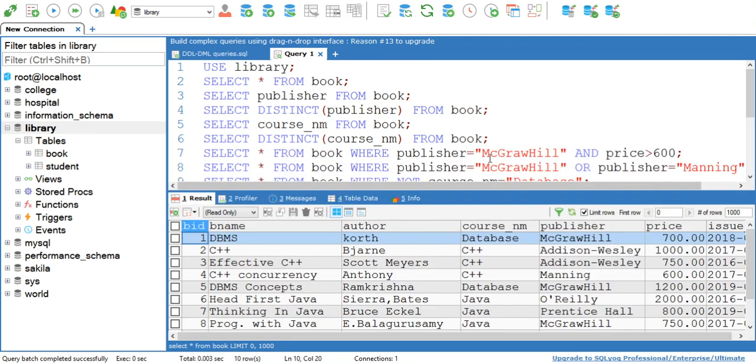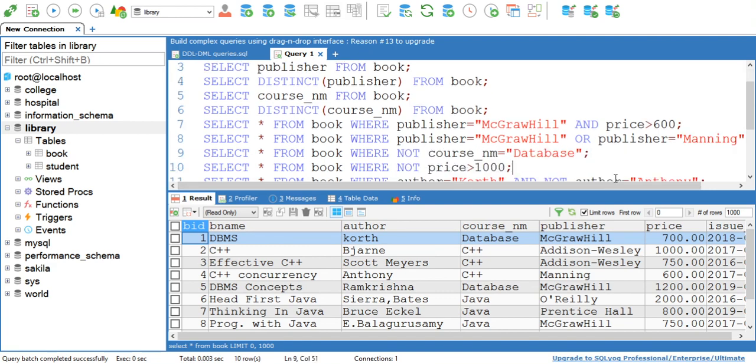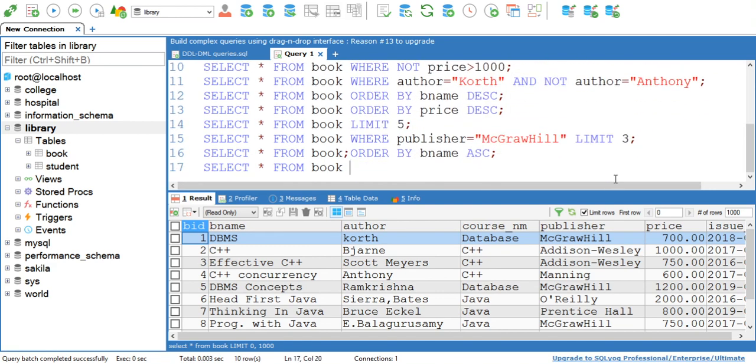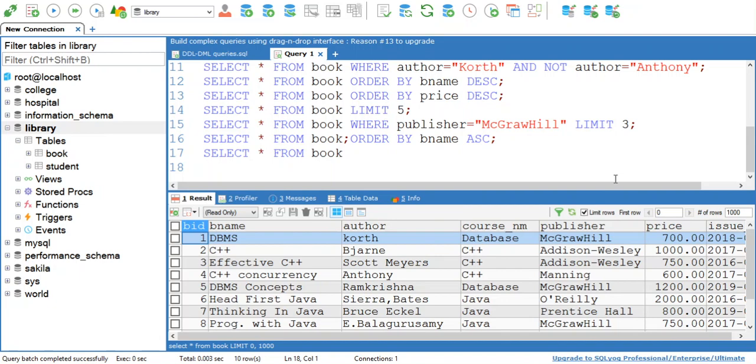Okay, now I want to display data for those books whose author name starts with A. So I can simply write select star from book where author like.